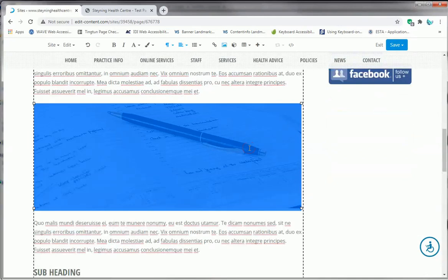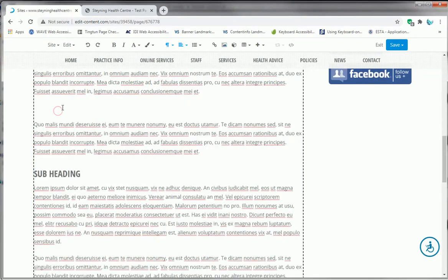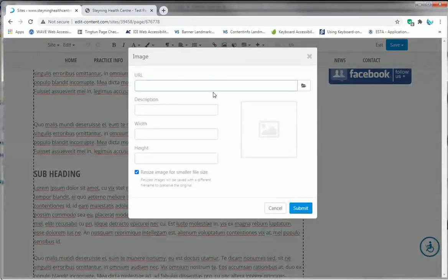Now, images don't have to fill the page. It could be a half-size image that fits half the screen, and if it is, then don't apply the responsive image class, because the responsive image class tells it to fit 100% of the screen space around it. So if I undo and get rid of this, if it was a smaller image, you still want to strip out the pixel dimensions, but if it was less than about 500 pixels here,